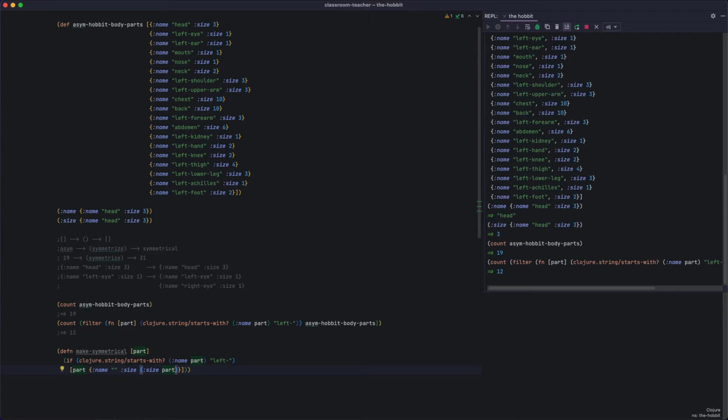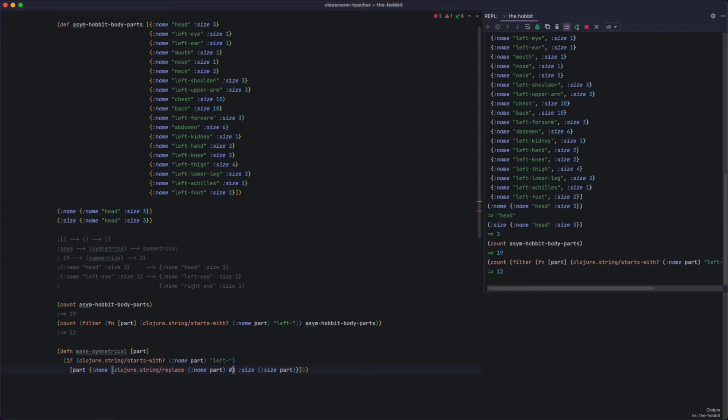So the left and right will have equal sizes. Here we need to do a string substitution. One of the things we can go to is the replace function, and so we can go in clojure.string/replace. Look at the parameters here: we have a character sequence s, which is going to be the value of the name key. We'll have to give it some regular expression to match on, and then a replacement. In this case we'll just say name-part again,